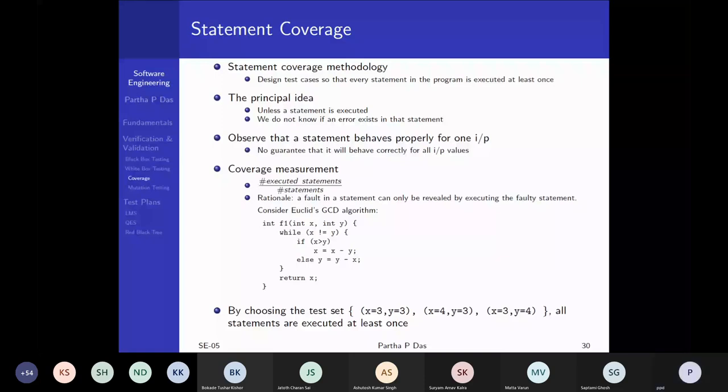Right? So the whole idea, the motivation behind this, is that unless a statement is executed, we do not know if an error exists in that statement. Now, of course, even if it is executed, we still do not know if an error exists, because we would possibly be executing it for only one input on which it may not have an error, but on some other input it may have an error. But at least we are better positioned than if we have never given an input